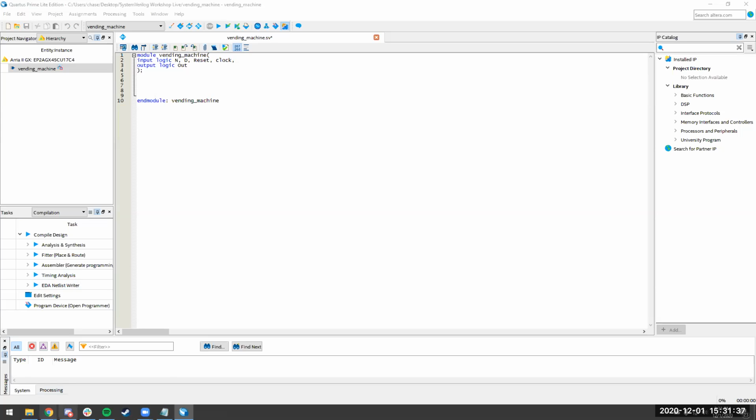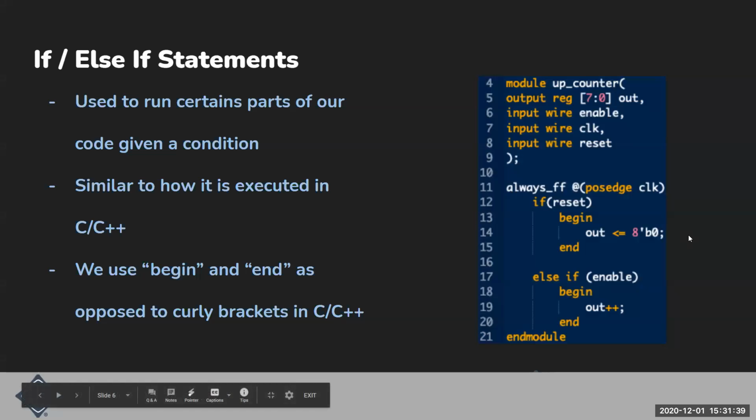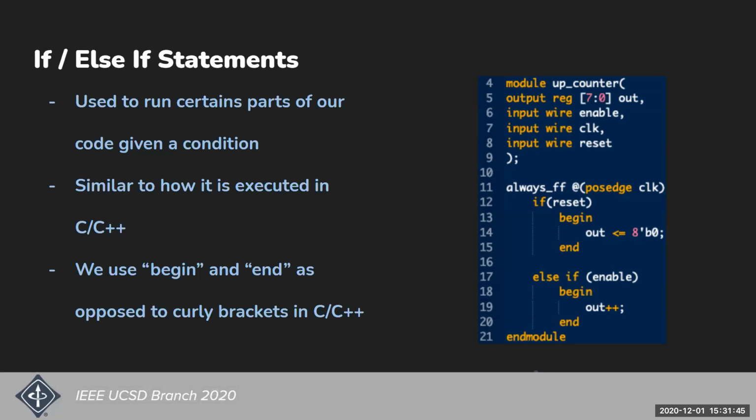All right, next topic we're going to be covering is if and else if statements. So these, if you're familiar with programming at all, honestly seem like the foundation of everything because this is how you control your logic, right? So in SystemVerilog, very, very similar to any other languages, if and else if and all of that. The syntax will be if, and then you'll have a condition. And so what's inside the if block between the begin and end that immediately follows will be executed if that condition is true. So since we're working in SystemVerilog, that equates to a value 1